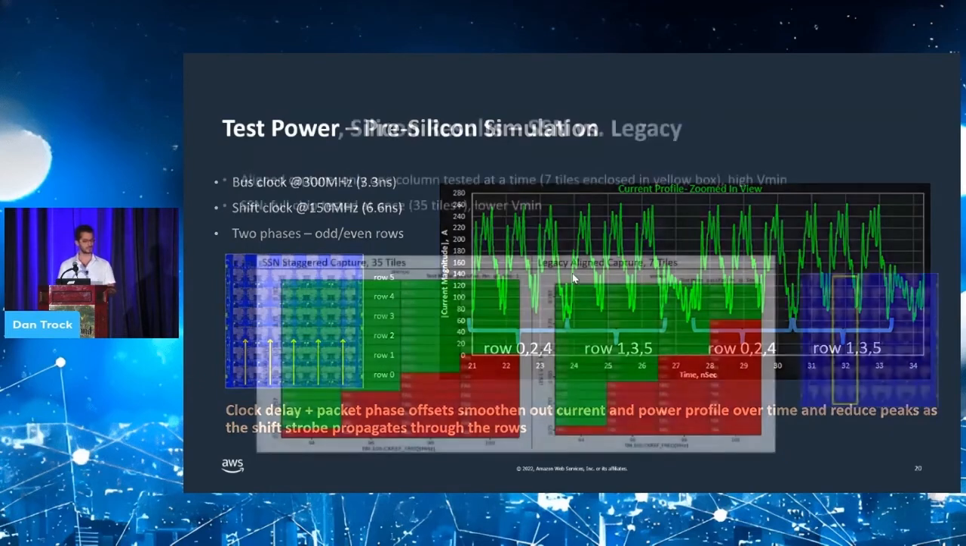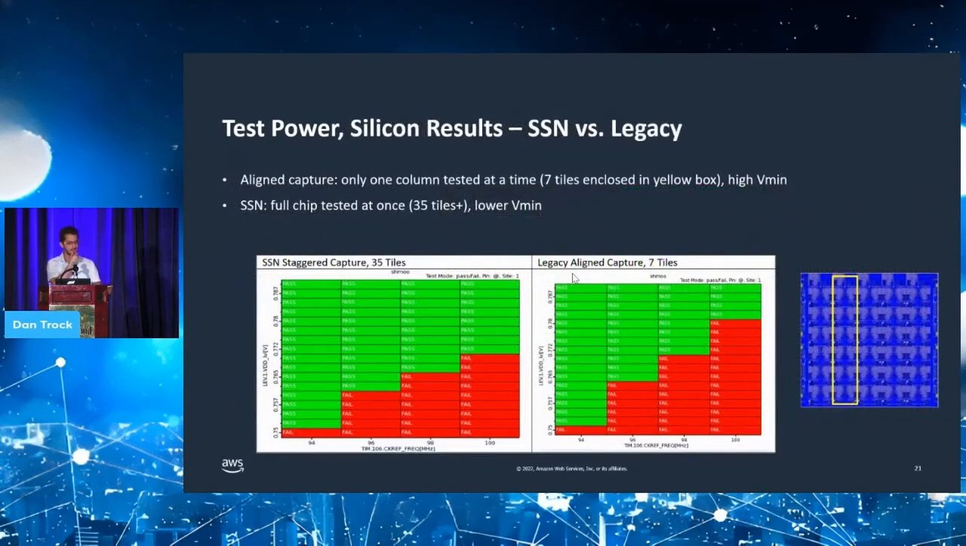So let's see how it looks in silicon. Here we compare 2 shmoo plots. On the x-axis, you see the frequency of the reference clock. These are at-speed test vectors that we apply. And on the y-axis, you see the minimum voltage required for the test vector to work properly. So you can see that at the same frequency, the vector of legacy scan with aligned shift and capture is actually requiring a higher voltage to work properly than the vector with the staggered capture